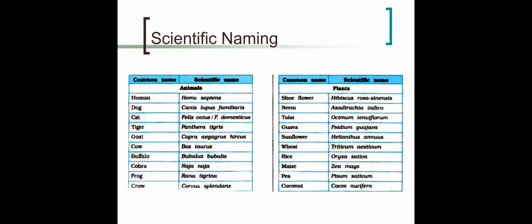And I know this picture is a little bit blurry. I did try to find a better one, but I was having trouble finding a good list of scientific names. So here are some common animals, like Canis familiaris. They have an extra name in there. We are Homo sapiens. The cobra is Naja naja. So you can see that there's the same format every time. We have capital genus, lowercase species in italics. Here's some for